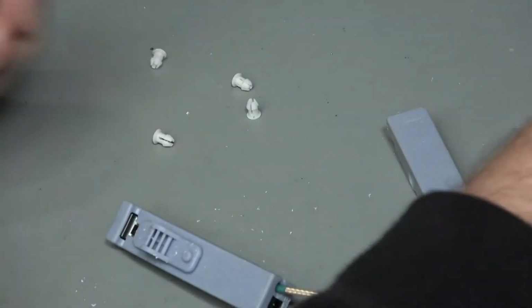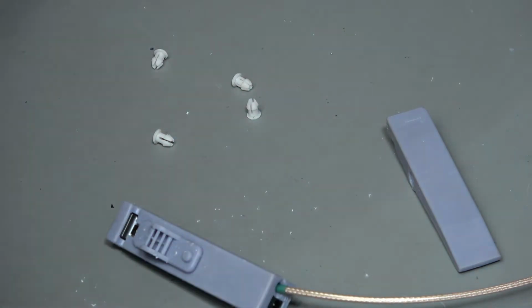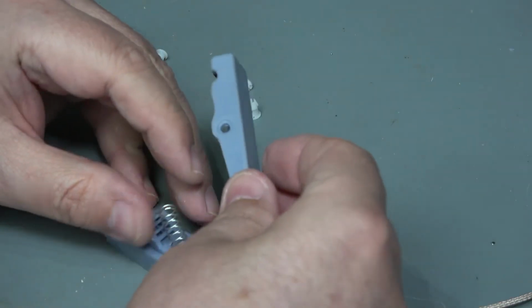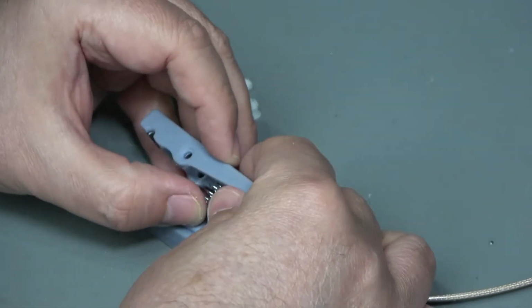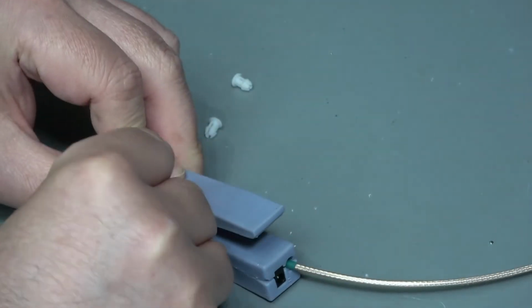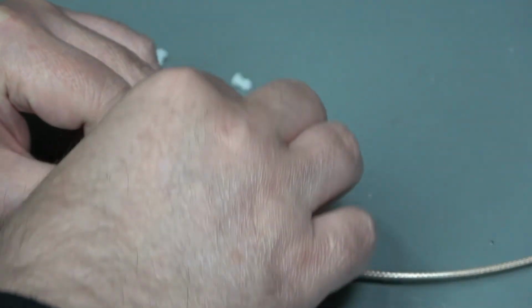What am I looking for? Spring. Now earlier, notice I had a spring. Hopefully this will be the right size. Now it looks quite a large spring for this job, but the reason is that when this is actually in position,